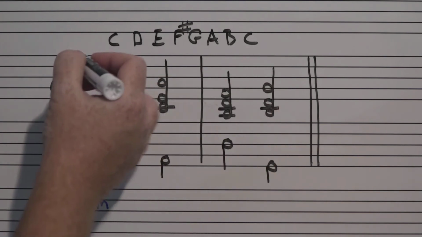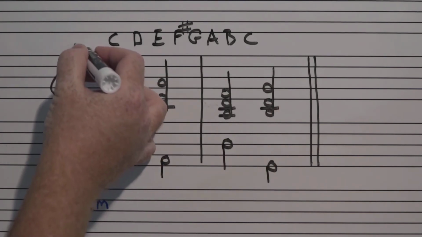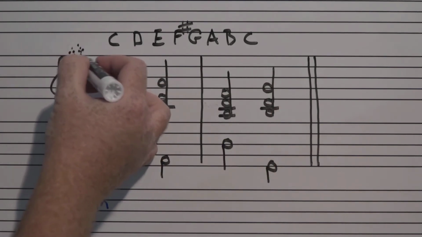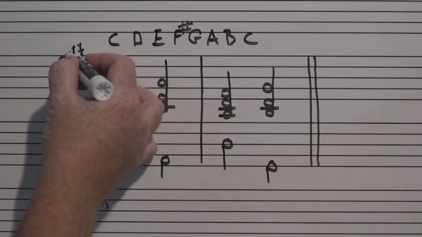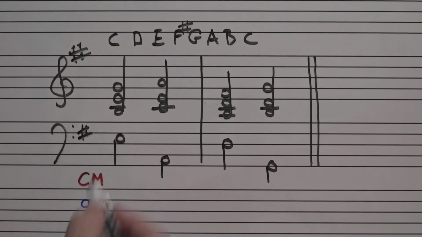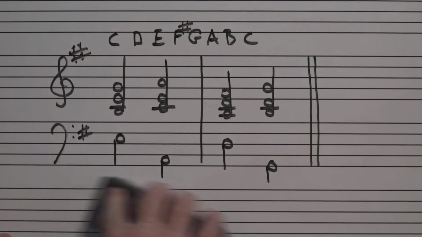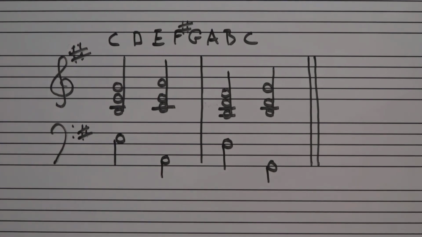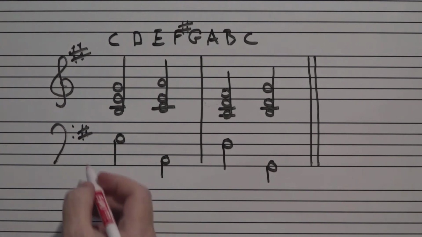to look at this excerpt as if it has one sharp in the key signature. And perhaps that would make more sense. We shouldn't be thinking C major or A minor, we should be thinking G major